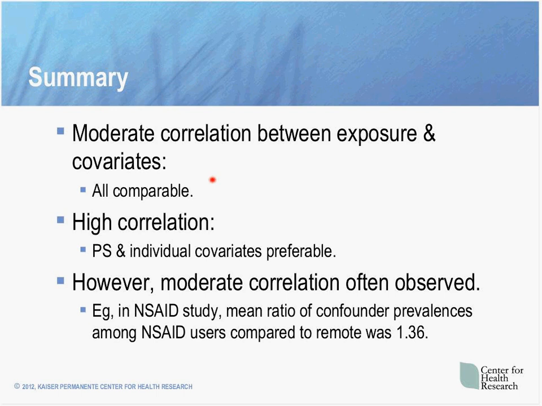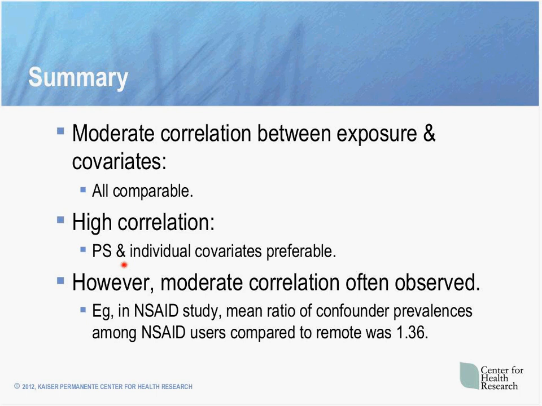So again, just to summarize, what we saw was that, as long as there was moderate correlation between exposure and outcome, the approaches did just fine. The unexposed disease risk score had a little more bias, but still not unreasonable. When there was high correlation, the propensity score, or nothing for individual covariates, seemed to do